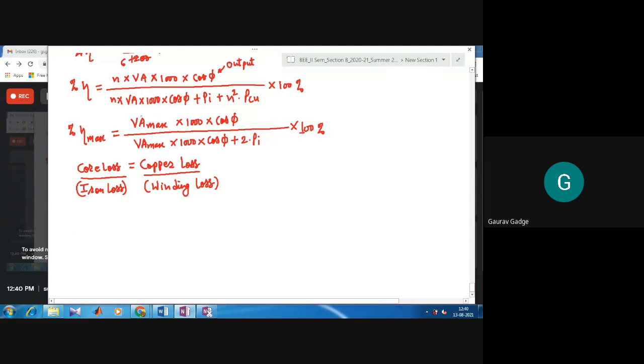Okay. Now here this VA max is mentioned. So that KVA max is equal to, the derivation is already given in the condition for maximum efficiency and efficiency. Okay, so you just go through that particular topic, because we don't have sufficient time to have the discussion, and 2 hours per week is impossible to have discussion on basic electrical engineering. So this is KVA multiplied by square root of Pi upon full load copper loss. So these equations are important. This is your equation 1. This is your equation number 2. This is your equation number 3. And this is the condition.